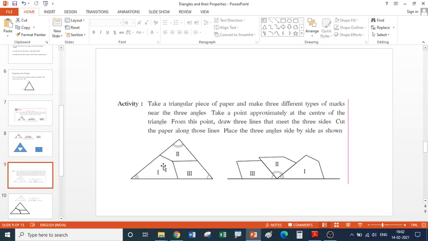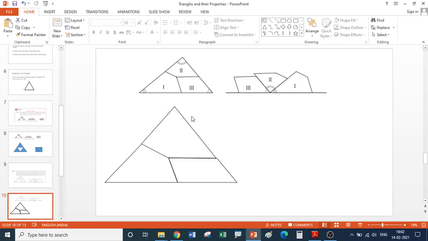This is considered to be a scalene triangle, isn't it? Because these three angles are different. So it has become a scalene triangle. One more figure I have kept drawn here. This is the actual property according to which we are going to solve it now.